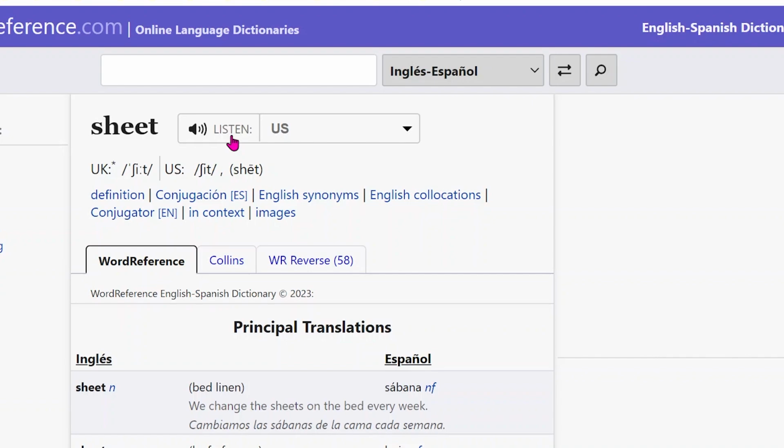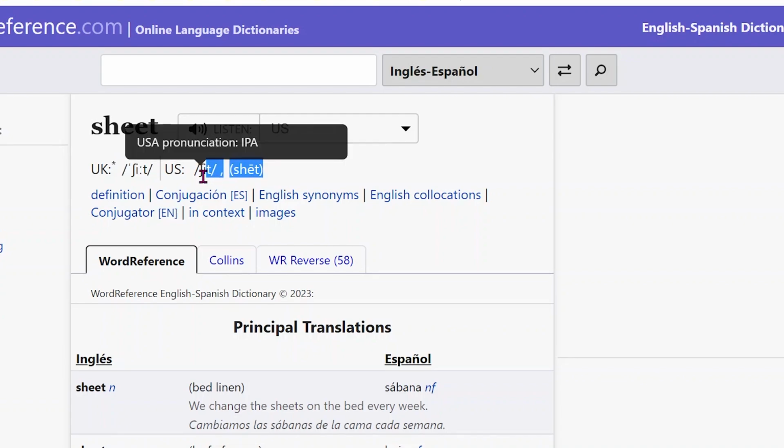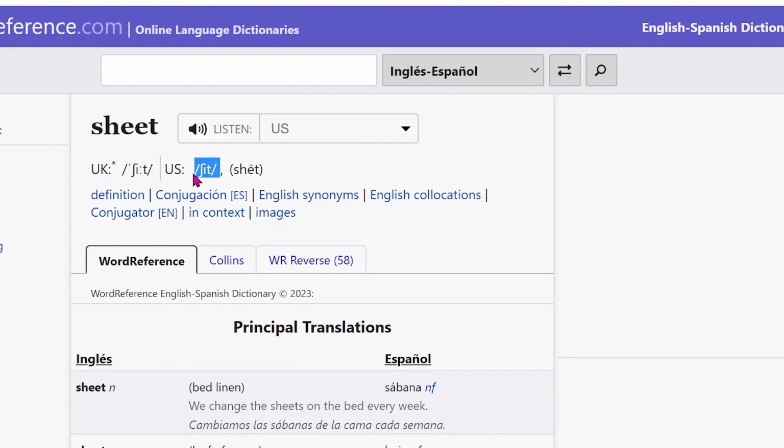And another thing that's very useful here sometimes, and I will refer to it during the course, is it gives you the phonetic script here. Now, we won't be learning phonetic script in the course, but we will use it in certain circumstances, and I'll explain that in each lesson when we use it. So just take a note. That's what these figures here are, or these characters are here.